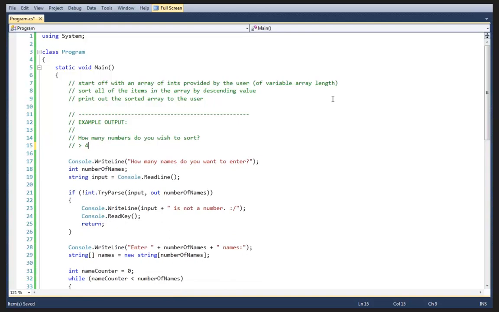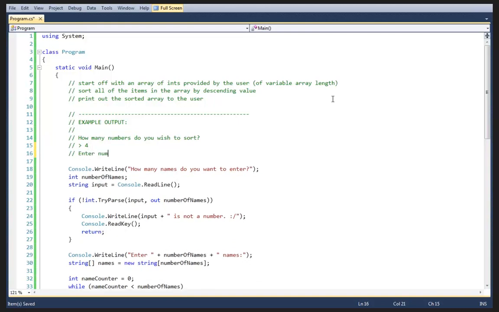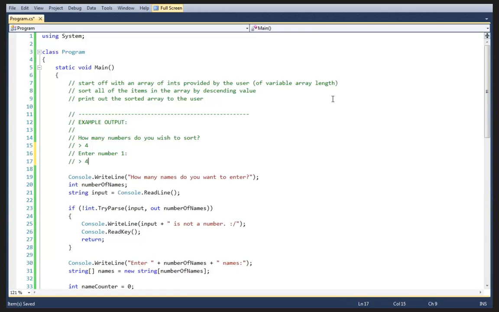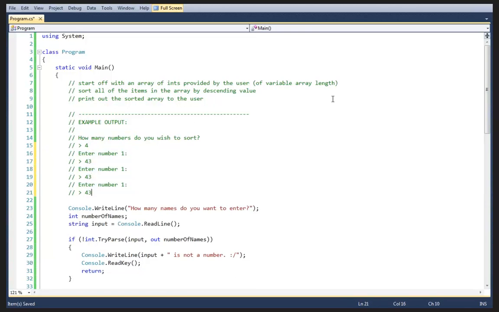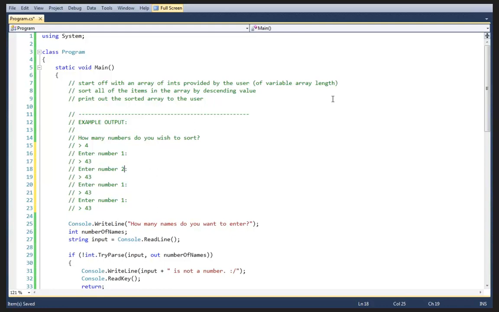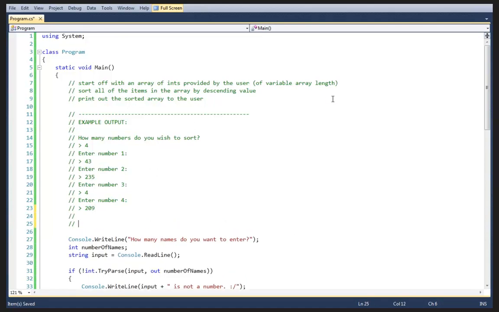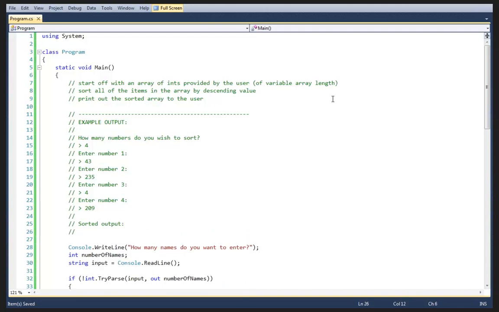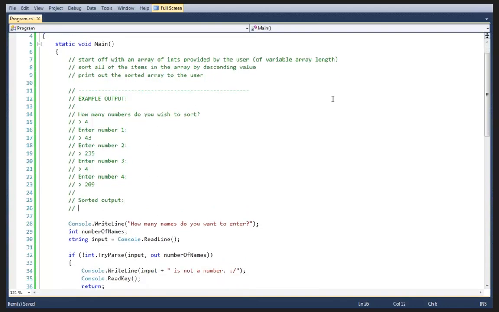And then it would say enter number 1. And then we can say, I don't know, 43, 2, 3, 4. And then the sorted output will be, in this case,